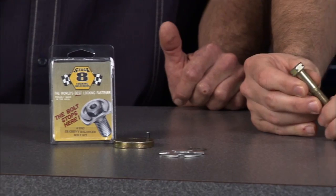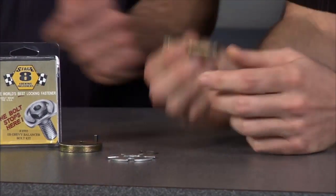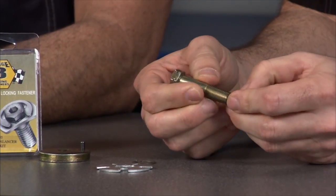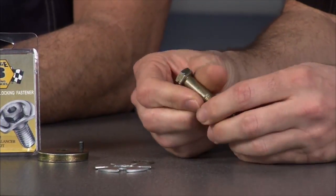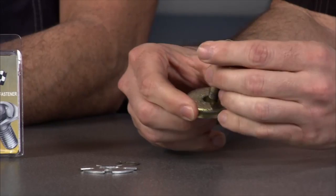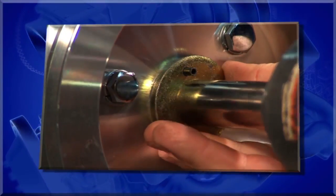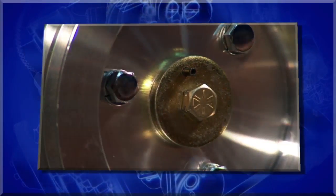You know, a great way to start with Stage 8 is the fastener itself. So they've got a high quality grade A premium material. They roll the threads in there so they're extra strong. And then they come up with these really clever ways of mechanically locking them together, and it'll never come back apart again. Yeah, and nice thing about those too, you can get your torque spec right on, lock it down,